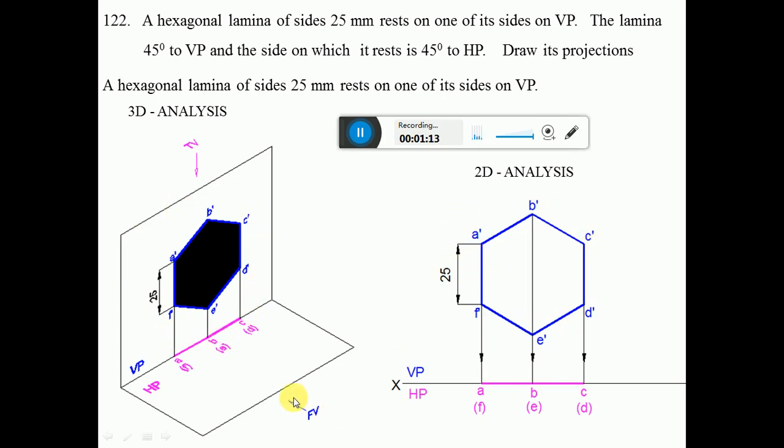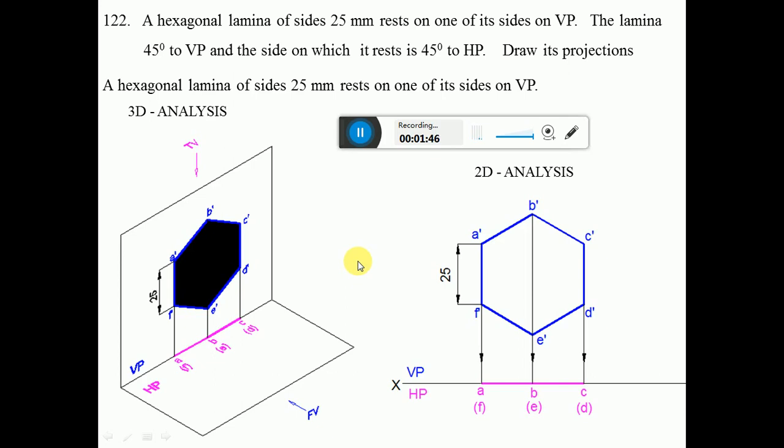We can see in the 2D analysis also, when you look from the front view, you can see a hexagon such that two sides of the hexagon are perpendicular to HP, and also the surface is perpendicular to HP. So obviously in HP you can see it becomes a line. Similarly, when you look from the top view, ABC is near to the observer, so ABC is visible, and DEF becomes away from the observer, so it becomes invisible. So both this and this are very same, but the only thing is we are writing it in orthographic view, and this we have written in 3 dimension.